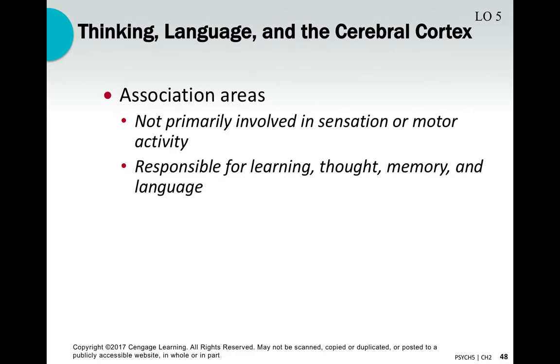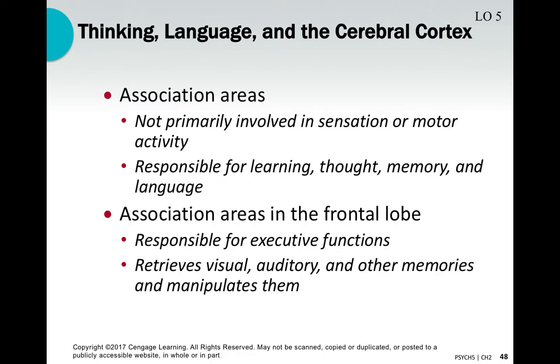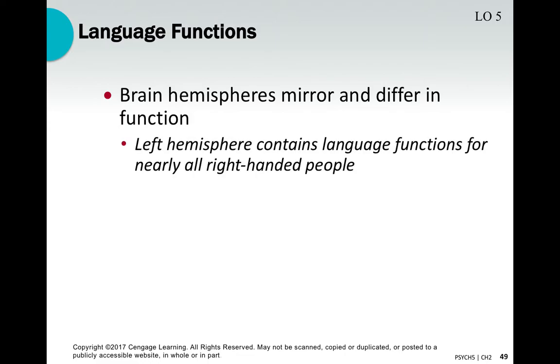They are not necessarily involved in sensation or motor activity, but they are very important for things like learning, thinking, memory, and the use of language. So a couple of them, sometimes they're in the frontal lobes, and they're involved in things like executive function, which is a fancy way of saying decision-making, planning, learning, logic, reason, all those fancy things that humans can do with our brains. It retrieves visual and auditory information and manipulates them, so you can think about things that happened in the past, and you might be able to manipulate those memories, for better or worse. So let's talk about some important association areas. Specifically, those that are involved in the use of language,